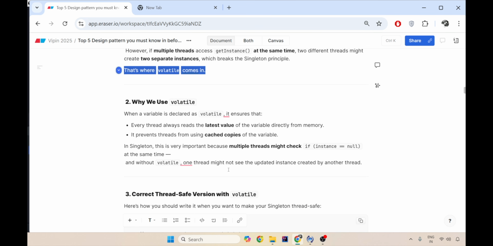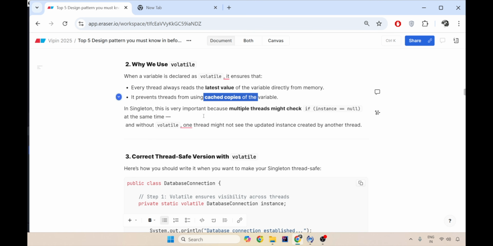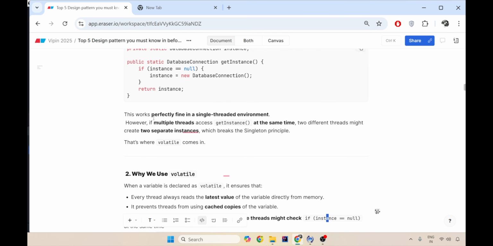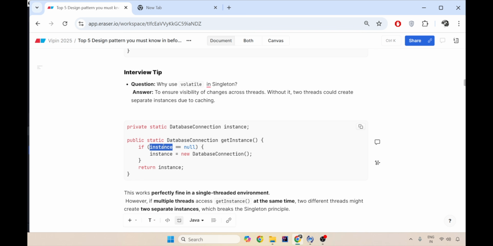Volatile makes sure that every thread reads the latest value of the variable directly from memory and not from the cache, because the cache might have dirty data. In singleton, this is very important, because if multiple threads reach the same instance, and it is not null at some point due to a dirty read, they might create two instances at a time. For example, thread 1 is getting the data from memory, which is null, and thread 2 has dirty read data from the cache, which is not null.